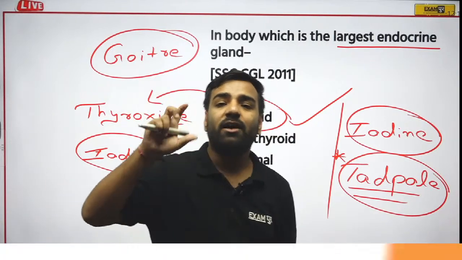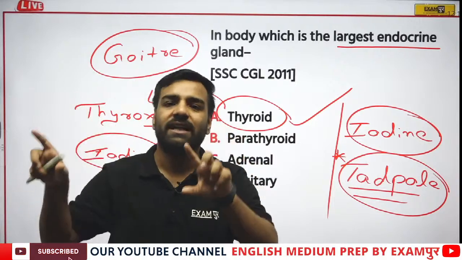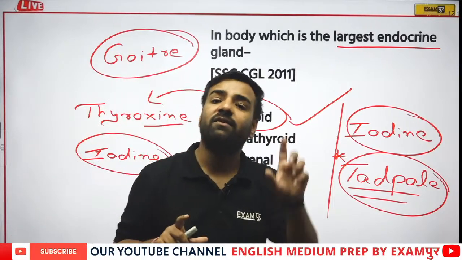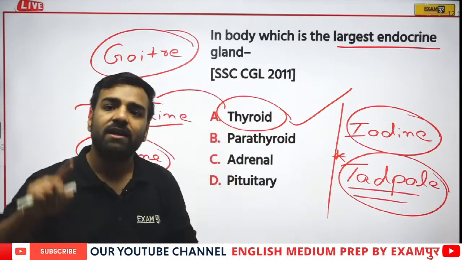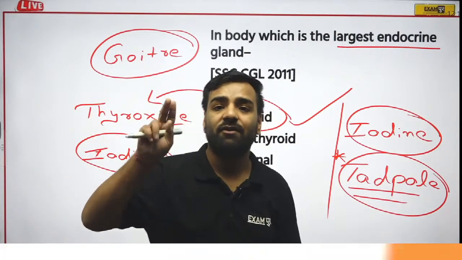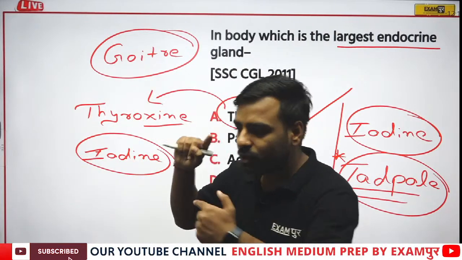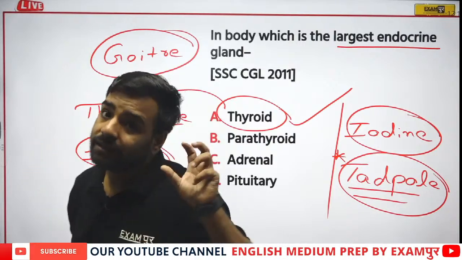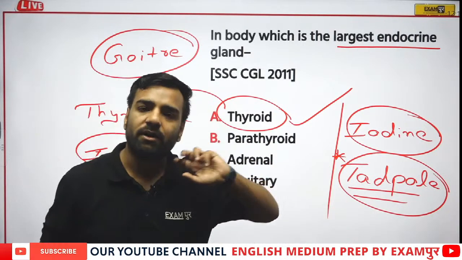See, thyroid is not the issue. Thyroid is actually a gland, Abhishek. Thyroid is the gland which is present in our neck. Fine. Now, what I was saying is that if there is a lack of iodine, the hormones which are created from that part will have an issue. So, thyroid is actually not an issue.